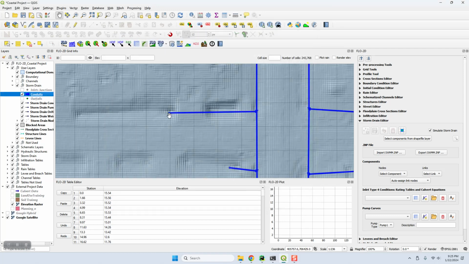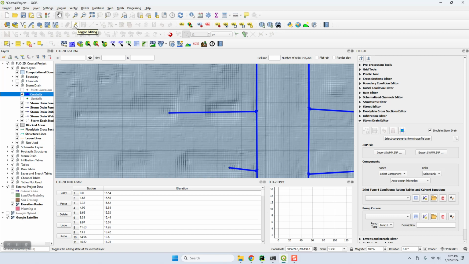And then you can see that your flow direction goes from the upstream to the downstream. And when we do that in this section of Flow2D, you can see that you got that correct, right here. Now, if you mess one up, one of the things you can do is you can reverse a conduit